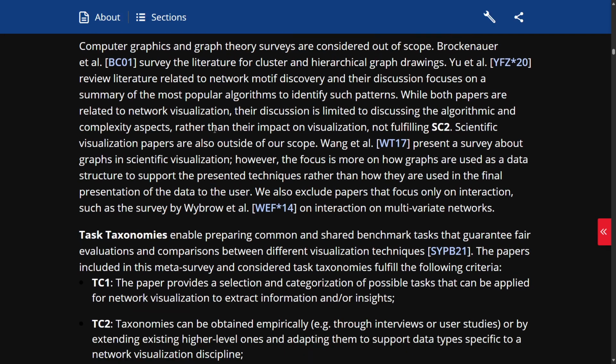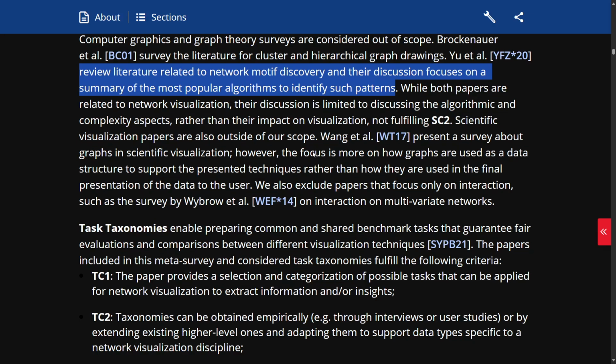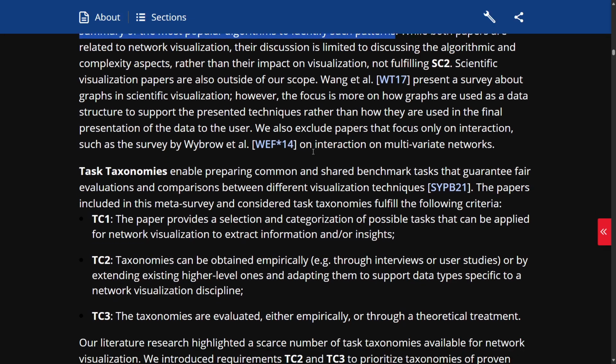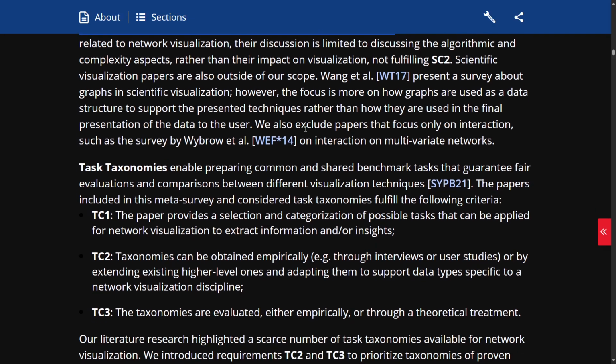Computer graphics and graph theory surveys are considered out of scope. Brockenauer et al. BC01 survey the literature for cluster and hierarchical graph drawings. Yu et al. YFC 20 review literature related to network motif discovery, and their discussion focuses on a summary of the most popular algorithms to identify such patterns. While both papers are related to network visualization, their discussion is limited to discussing the algorithmic and complexity aspects, rather than their impact on